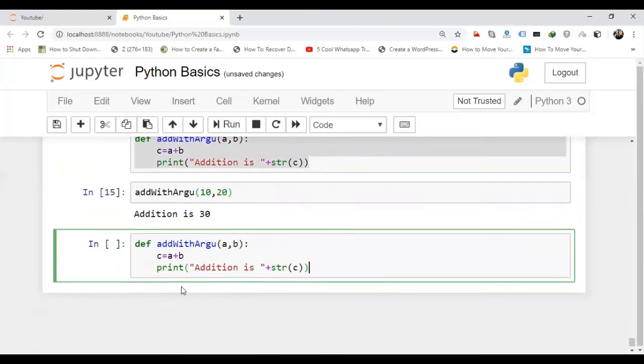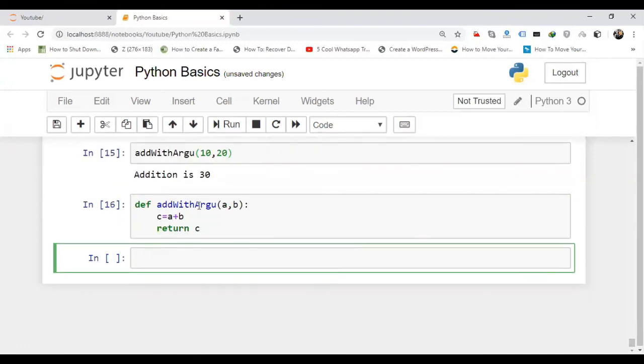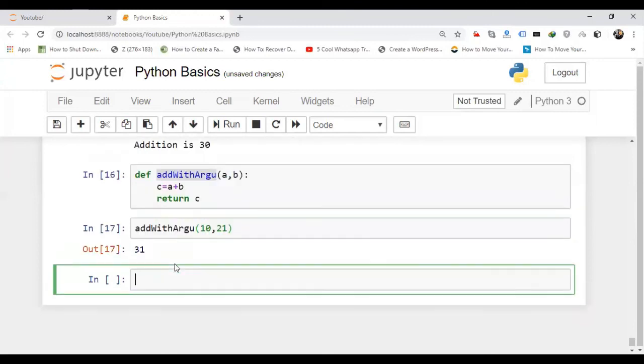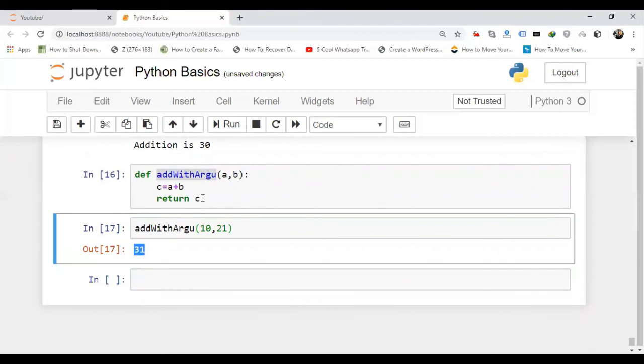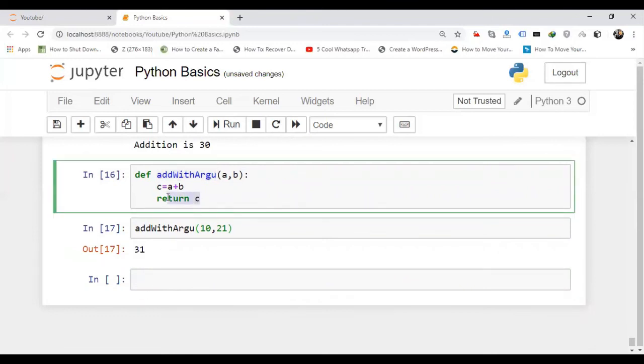Now, in place of print, I will simply write like this, return C. So now if I execute this, now see, 10, 21. So it will return the value as 31. So simply it is returning me the value. I don't have to write the print and all. Simply it will return the value of C. This is called a return type function.